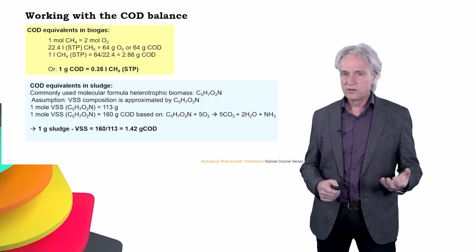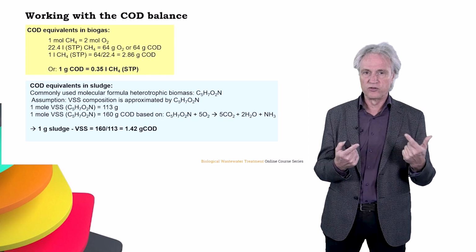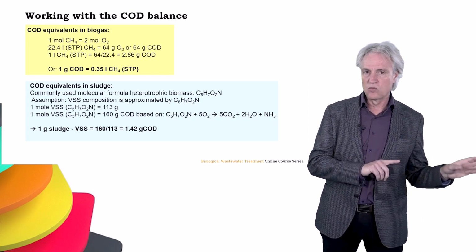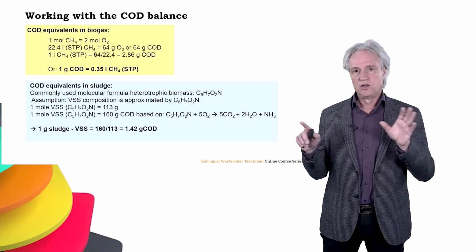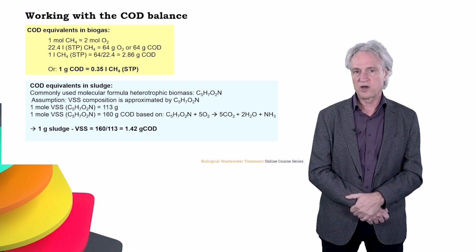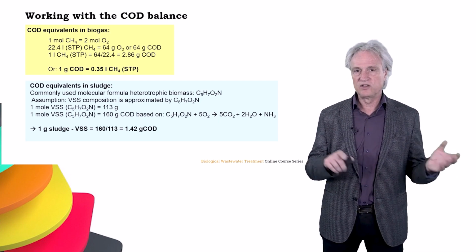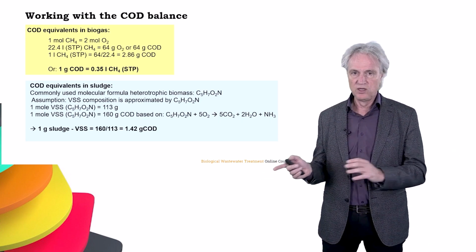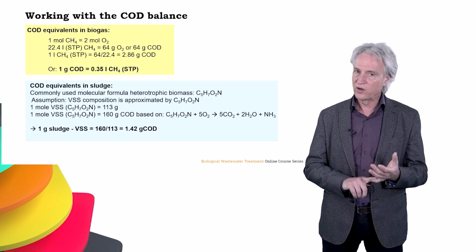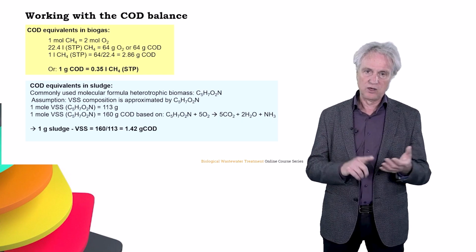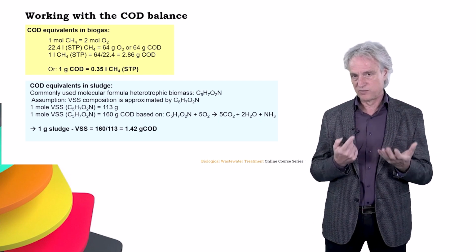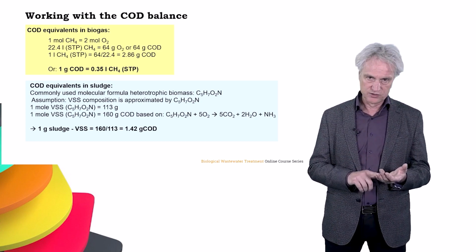Now, to work with it, we do have to remember these conversions. I already mentioned from this calculation: 1 mole of CH4 is equivalent to 2 moles of oxygen. 22.4 liters is equivalent to 64 grams of COD, so 1 liter is 2.86 grams of COD. Do remember, 1 gram of COD is theoretically 0.35 liters of methane under standard temperature and pressure, 0 degrees Celsius